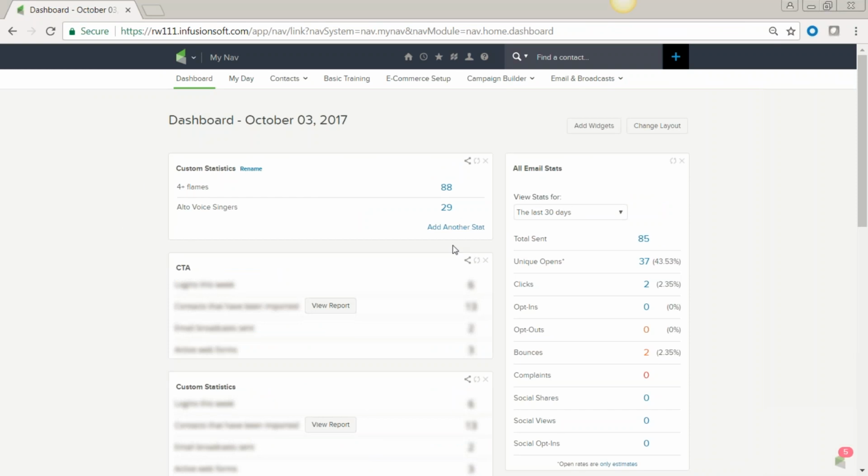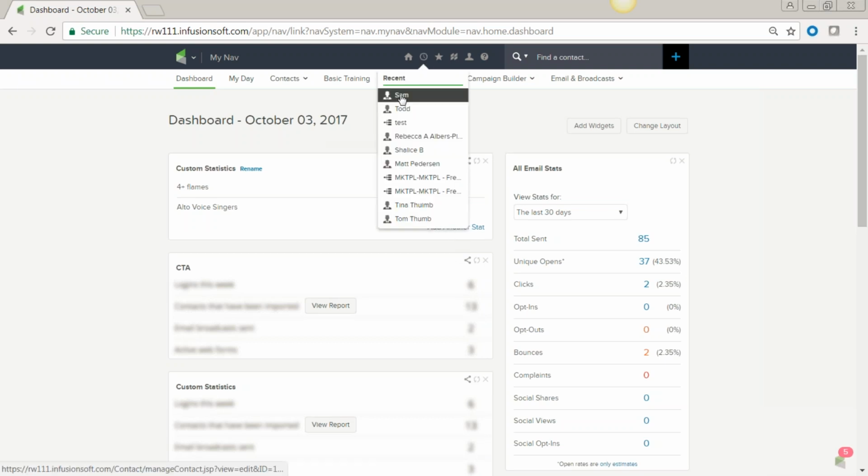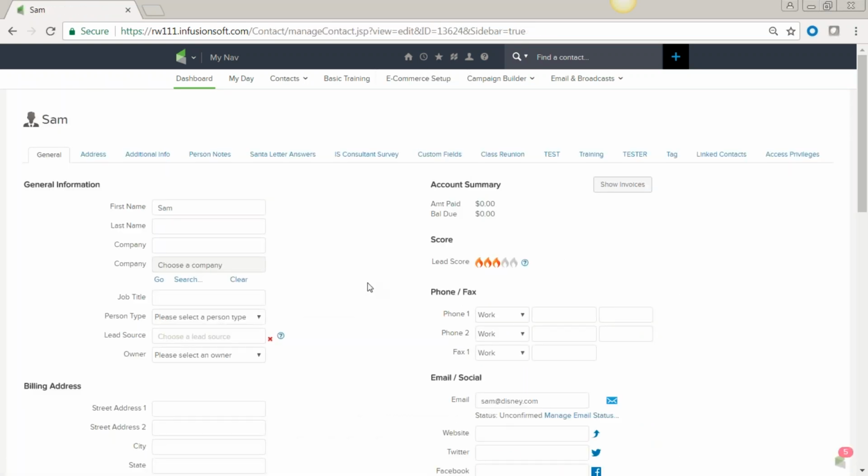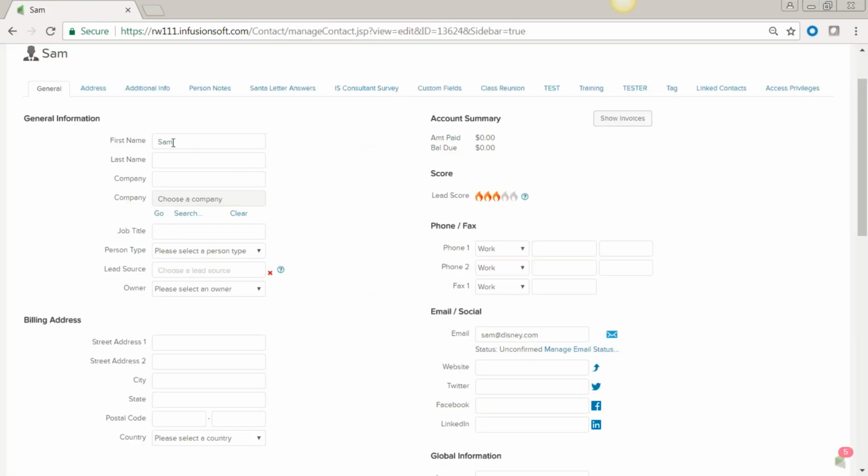Now, just to kind of go over what we have gone over today. So we added a new contact two different ways, but know that they come in from an internal form too. Let's go look at, I think it was Sam that we added. Let's go look at Sam's contact record in detail. So here's Sam, first name, last name, company, job title, person type, prospect, customer, partner, personal contact, lead source, where'd they come from, Facebook lead,